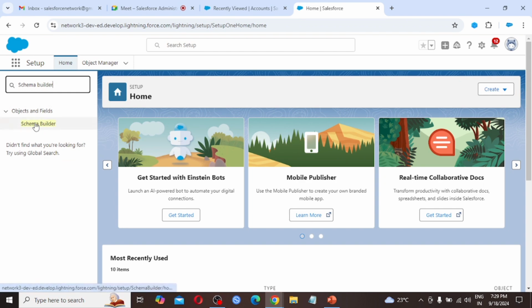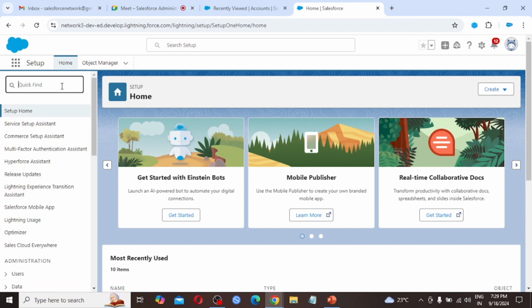By clicking this we can go to Schema Builder, and by the navigation we saw in our PPT we can also open the Schema Builder tool. But for those who are new to Salesforce, they should go with the navigation itself, so they get much more clarity.